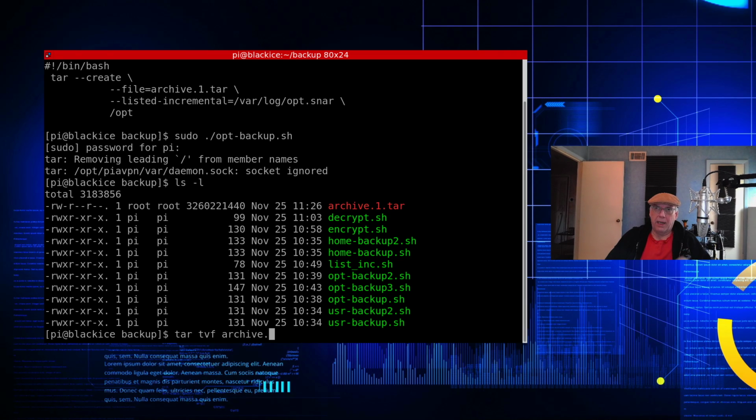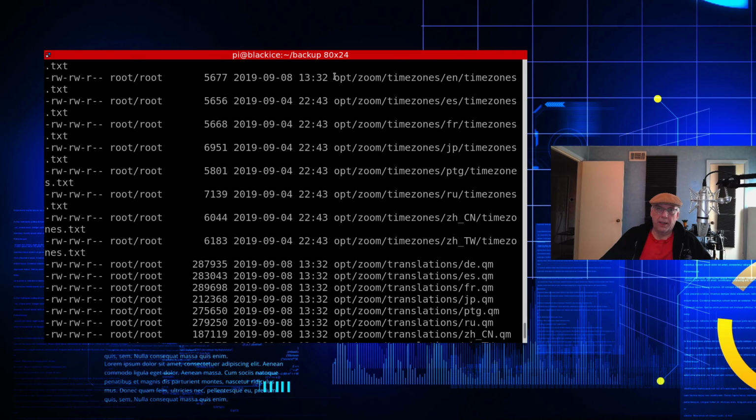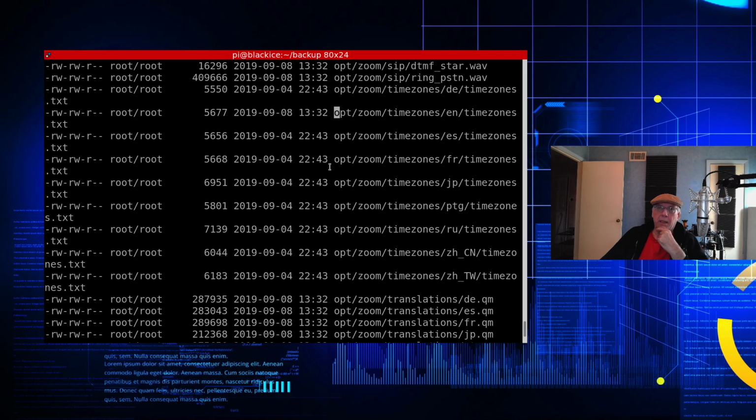And then the F says, what file do you want to open? Where is your tar archive? So you'll notice a couple of things here. This is what it meant by removing the leading slash. This makes the tar file relocatable. So I could push opt under any directory I want, or I can put it back in its original position